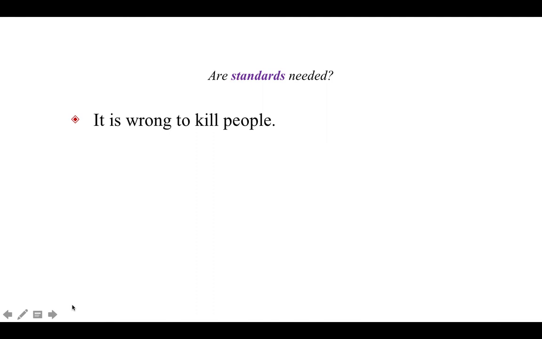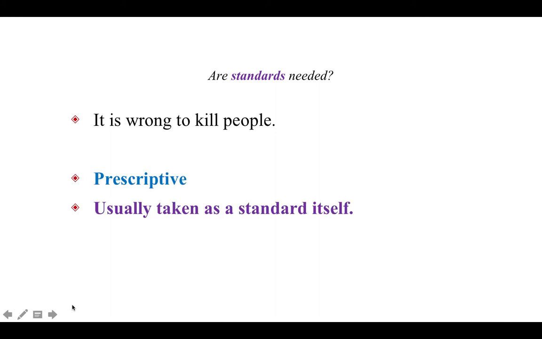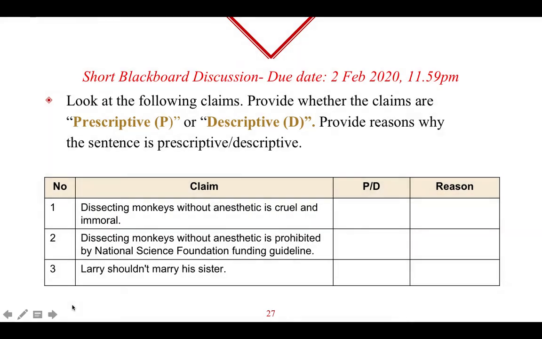Or even statements like, it's wrong to kill people. In a way, it's a statement saying that you should not, but in a better perspective, it's basically saying that you should not kill someone. But then it raises the question, where do you get the judgment from? Where's the standard? Okay, so basically this is some sort of moral ethics that you believe in. So there is a certain standard, there is a certain judgment that it should be based on as well.